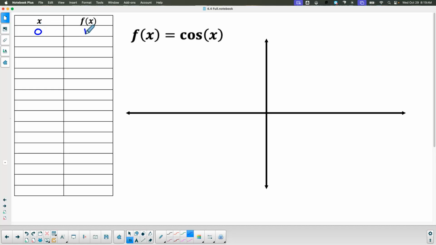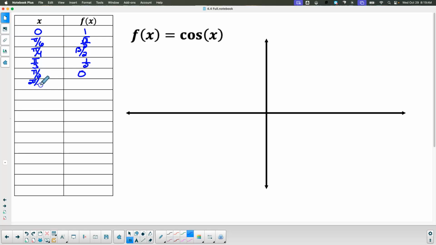Then we can go to pi over 6. Root 3 over 2, that's our 0.866 number. Pi over 4, root 2 over 2, that's our 0.707 number, pi over 3, 1/2, pi over 2, 0,